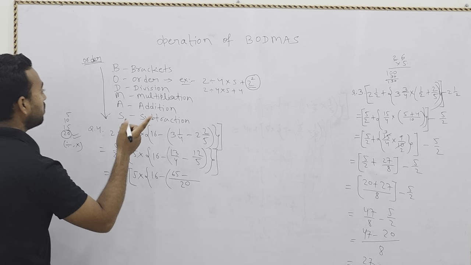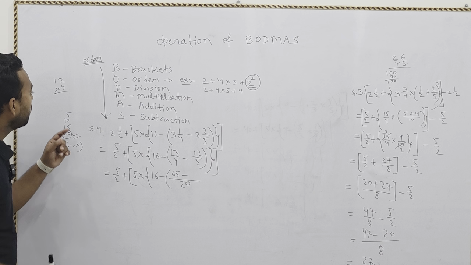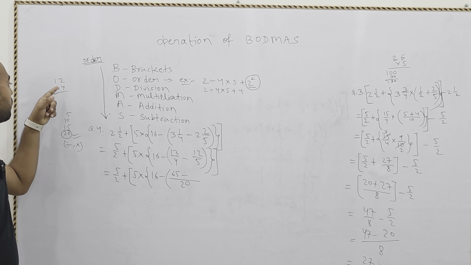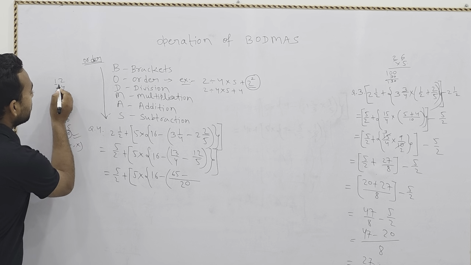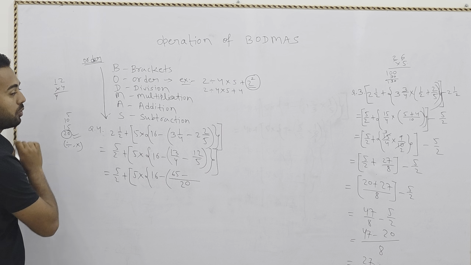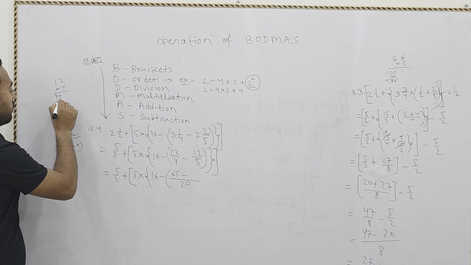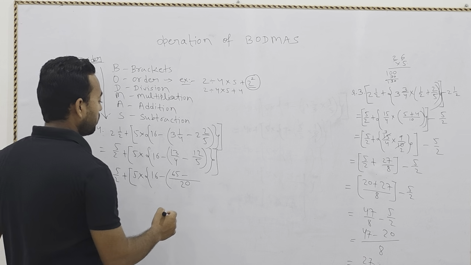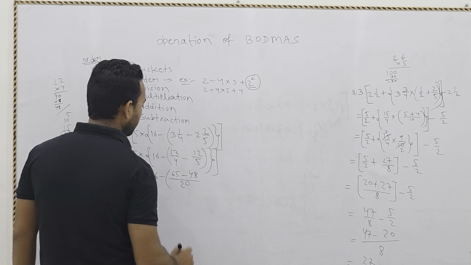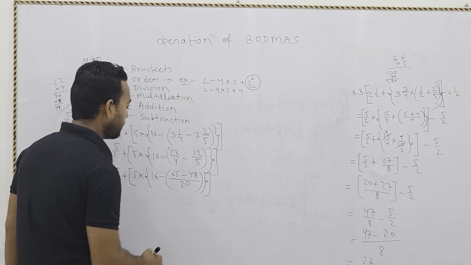I told you this method to solve 4 multiplied by 12. How can we solve it? We will not multiply 4 times 2 is 8, 4 times 1 is 4, not like this. 4 times 1 is 4, and since it is in the tens place, we will write 40, and 4 times 2 is 8, simply we will add, then we will get 48. So here 48. Now bracket close, curly bracket, then again bracket.